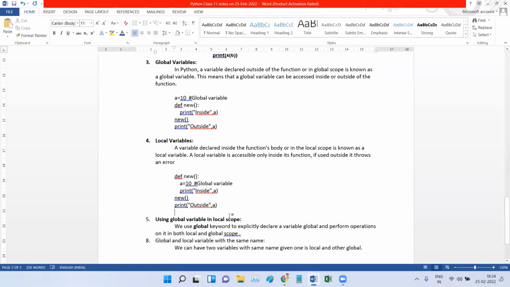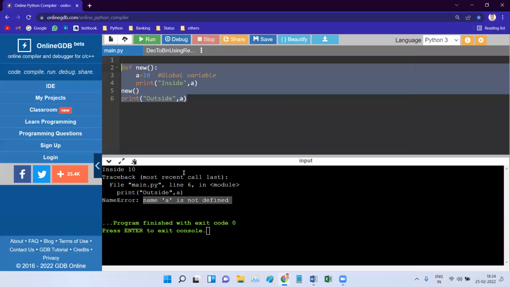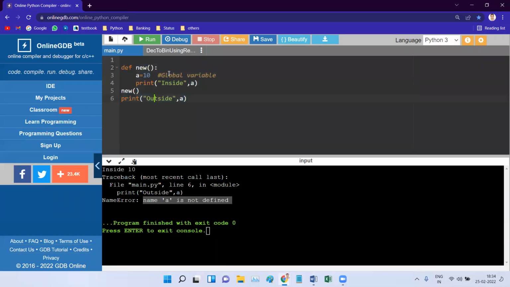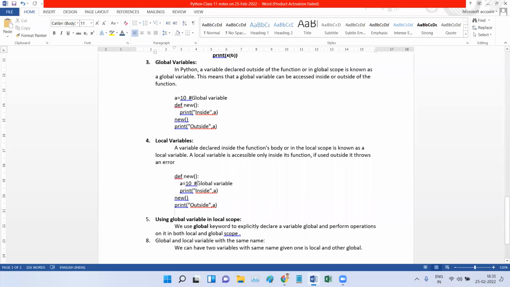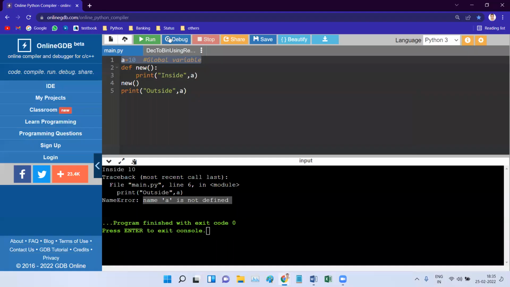Now let us do one more thing. Let us go back. There is some problem. This is not global, this is local, right? There is no special marking to differentiate them. You can differentiate global and local just by seeing where the variable is. Ramesh is asking how we can differentiate global and local.